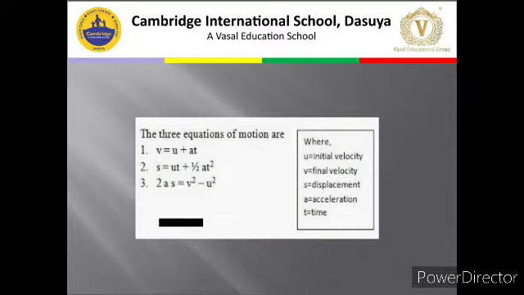Okay, so we have three equations of motion. These are the three formulas. We call them equations of motion. In these three equations, you notice one thing, that you have initial velocity, final velocity, acceleration, time, and displacement. And suppose two or three things are given, the fourth you have to find out, like we have done in grade 8, x and y. One thing is given, one is missing, so how to find that out?